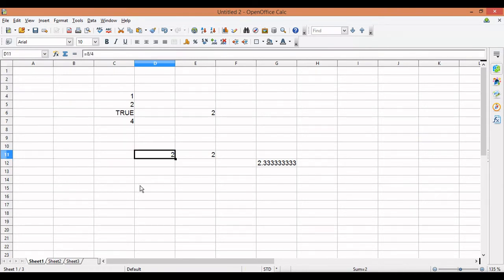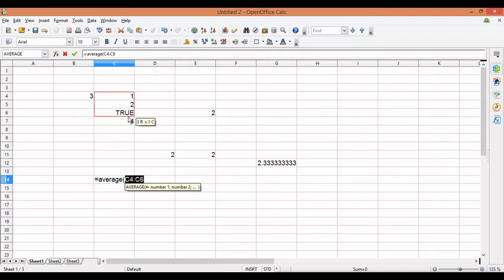Okay, so that means for average, it will ignore the empty cells, it will ignore the text, but it will consider your logical values and boolean values. Okay, and these are the conditions which you have to remember. Now for average also you can do the same things which we used to do for sum. For example, if I am writing like this, then you can do average, and in this you can include a cell range. See, I have selected a cell range. Now separating with a semicolon, as the arguments are separated with a semicolon, you can use a different cell address.